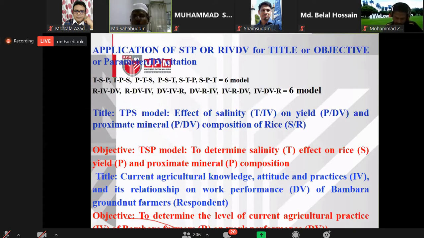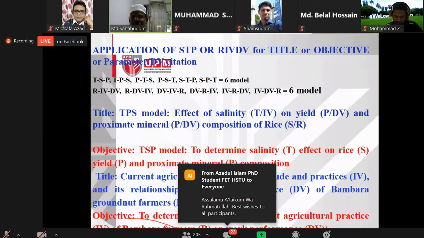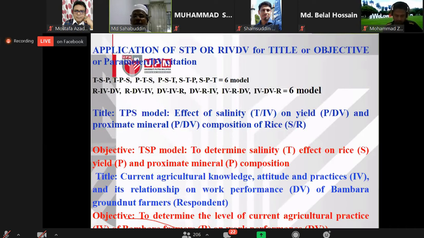Which one gets more focus? In any research, either social science or science, the parameter or DV will be the main focus of the introduction and literature review, because this is my finding, my result. Second priority is the treatment, and the last priority is the subject.